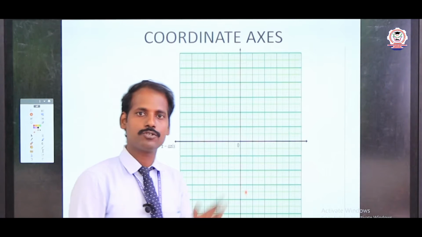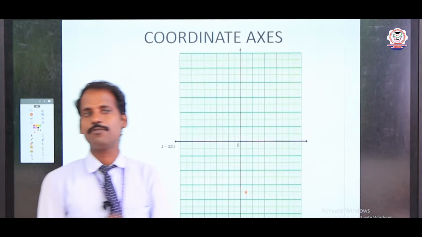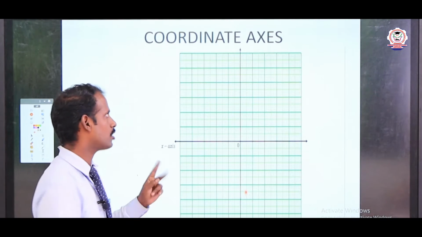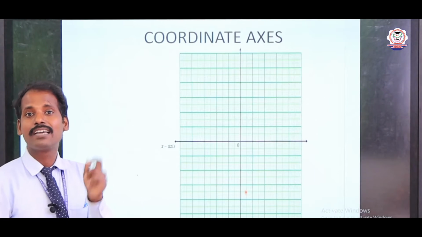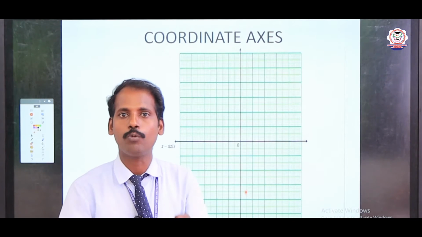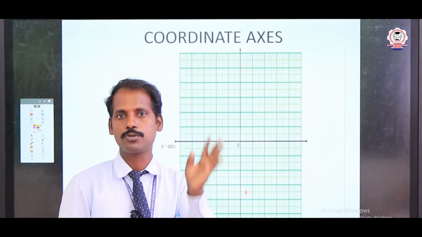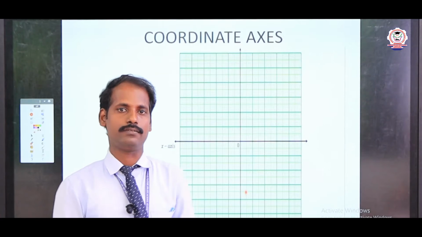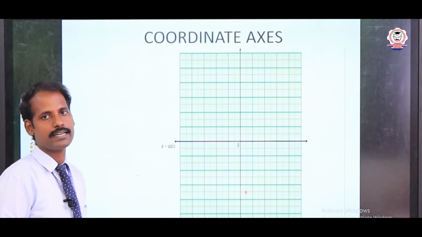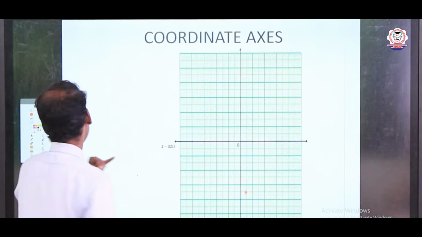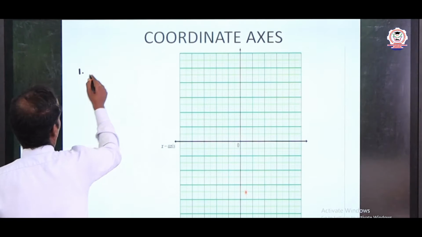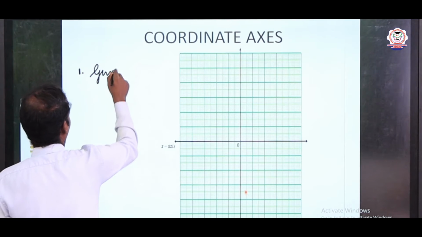The second format. Already we saw the first format is parallel to the y axis and parallel to the x axis. That is the two concept. Now, given the values of slope and y-intercept, we can find the equation of the straight line. So how to find the equation of the straight line? Here given the value of slope.